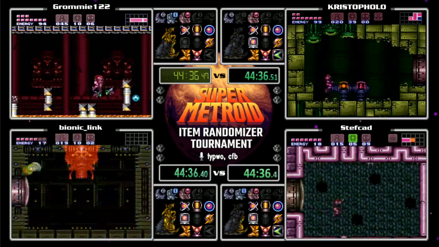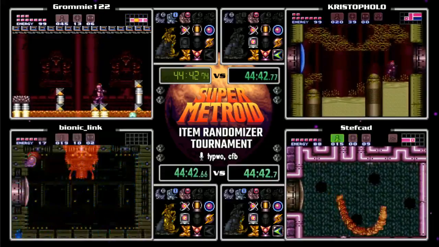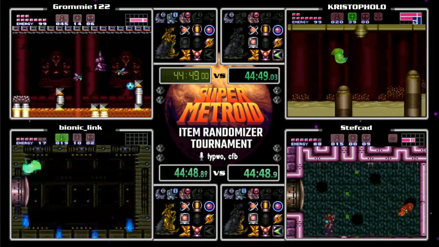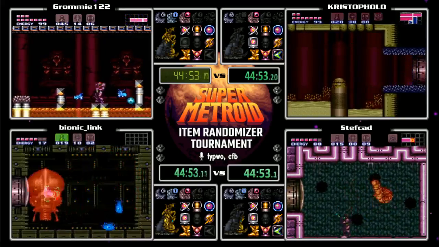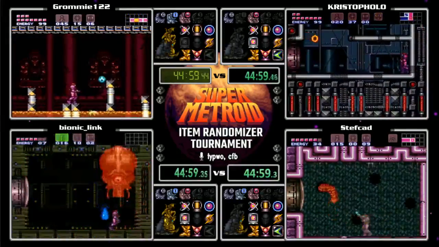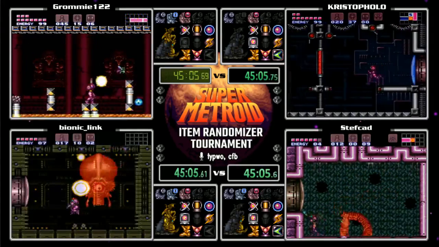Looks like he's grabbing more health for stand-up. Alright, so Bionic Link enrages Fantoon again, but he's all set now that he has 7 E-tanks, so shouldn't have any issues. Stefcad using Charge Ice Wave on Batoon here since he's all out of supers. It looks like Grommie is actually farming supers to speed up Ridley a little bit for himself. Alright, so KRISTOPHOLO gonna go for the speed strat here. And Link does kill Fantoon, so...